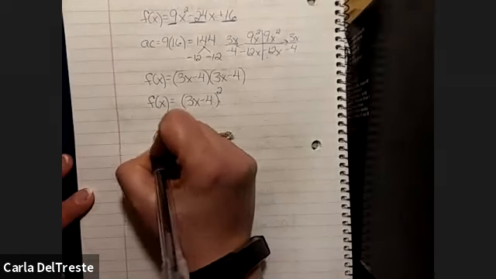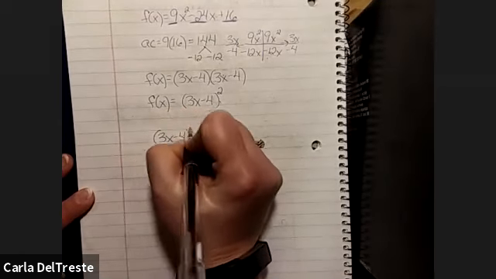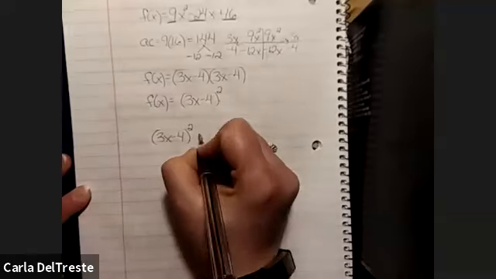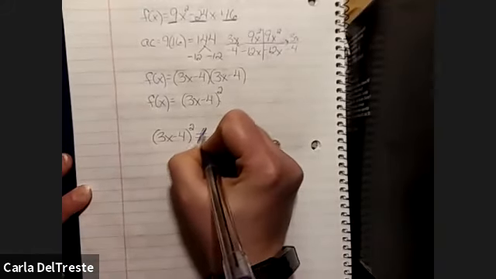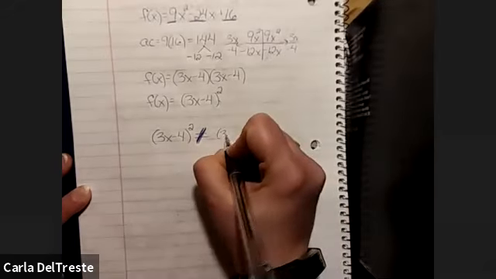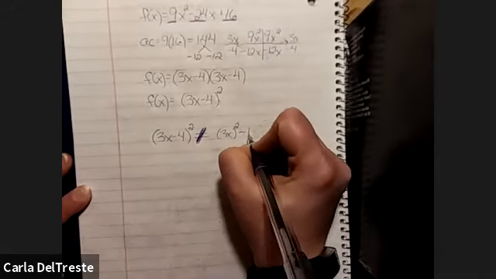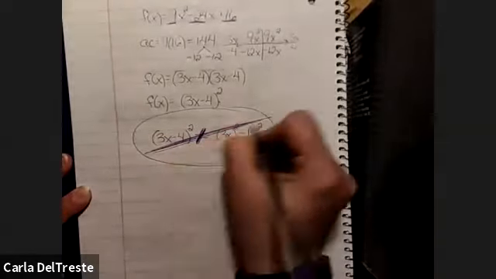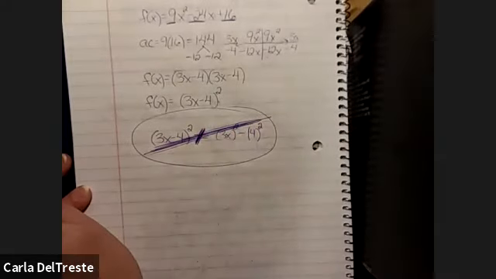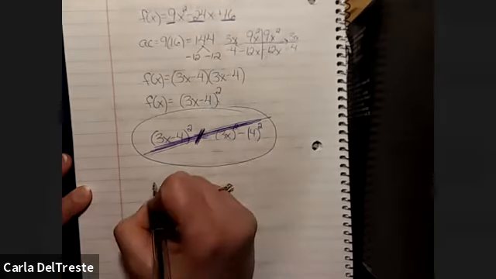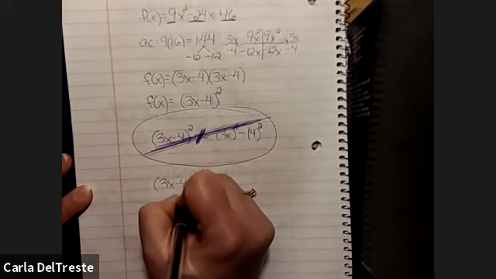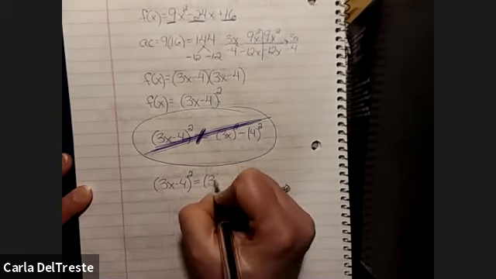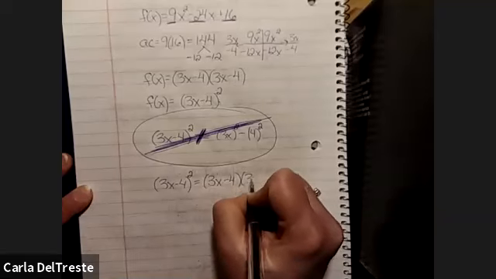So I'm going to show this. If I wanted to multiply 3x minus 4 squared, I cannot say that it's 3x squared and minus 4 squared. That is not the same. This is bad, okay? We're not going to do that because exponent rules do not work over pluses and minuses. If you see this, the only way that you're going to get a happy face is if you literally expand it out